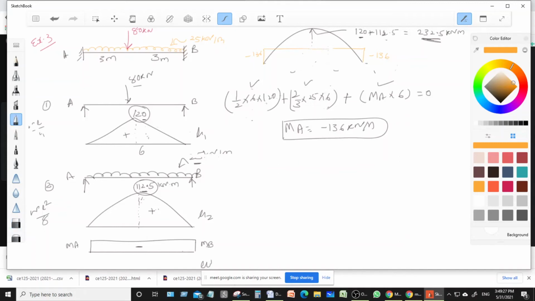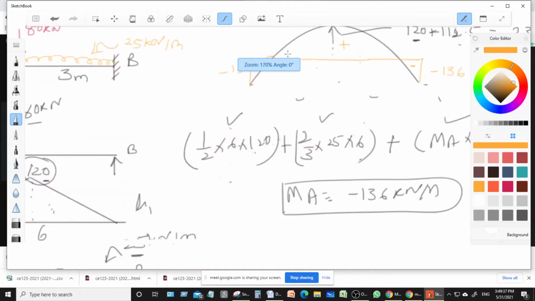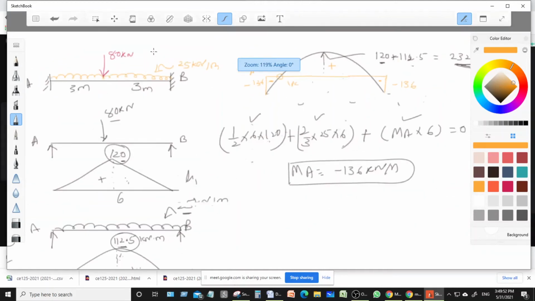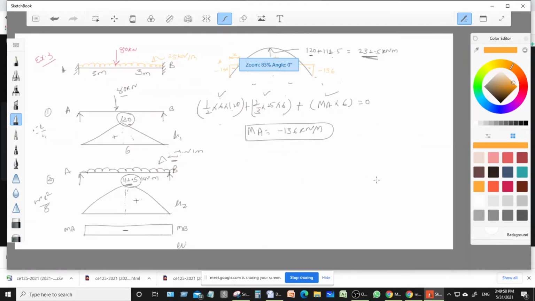This is your final bending moment diagram, and this is positive, this one is negative, and this is also negative. Now look here, this is your point of contraflexure, PC, right? The location of PC is supposed to be at a distance x from support A. Again, similar to the previous examples, we found the point of contraflexure this way. So let us consider that your Px is somewhere here.